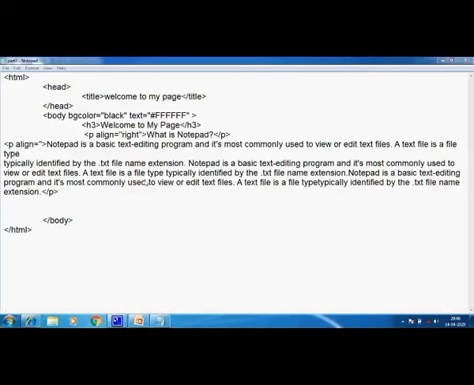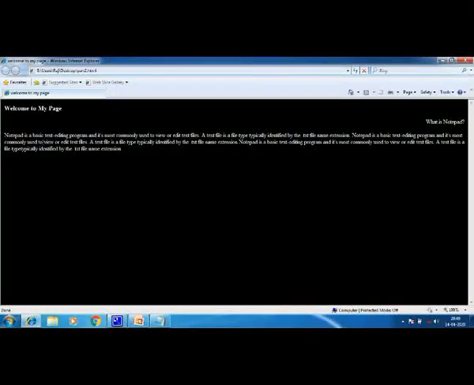Okay, now save it, and again alt tab, go to the browser, press F5. See, it's right aligned, children. Now you can understand why the attributes are so important, children.